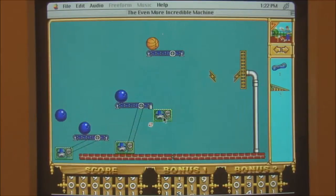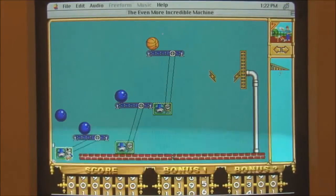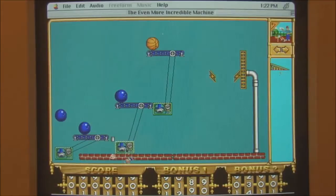Oh, we can't go that angle. Let's try that. Have to do it there. That's it. So what should now happen is, ball drops, rat starts running, turns this conveyor, that bowling ball drops, starts this motor. That, well, you get the idea. So if we run it now,